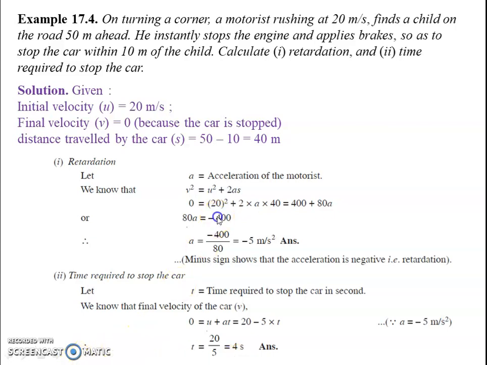Okay, next we will see this problem. A motorist is traveling on a straight road at a speed of 10 meter per second. This speed is the initial velocity, that is 10 meter per second. When he observes that the traffic signal 600 meters ahead of him turns red, the distance is 600 meters. The traffic light is timed to stay red for 15 seconds.